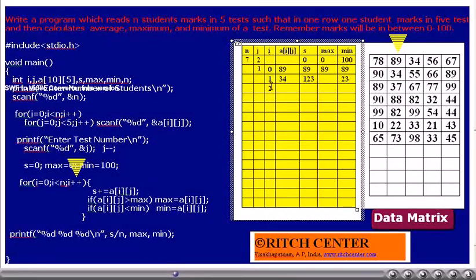The i value will be incremented by 1. Is i less than n? Yes. A[i][j] will be added to s. Is A[i][j] greater than max? No. Is A[i][j] less than min? No. Thus max and min will not be updated.